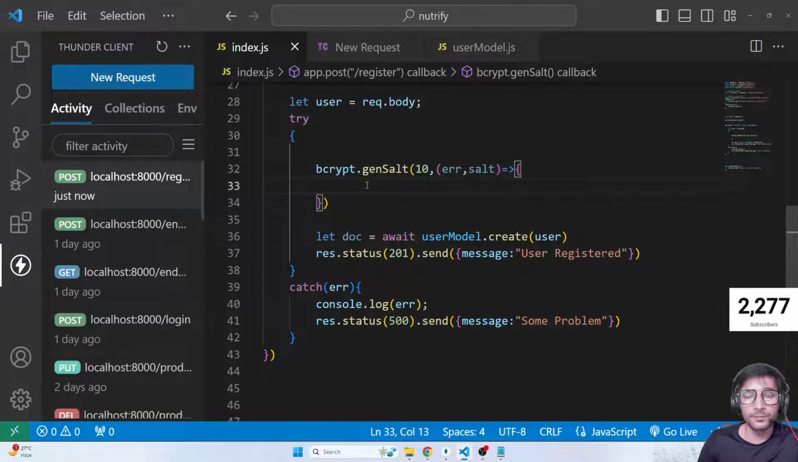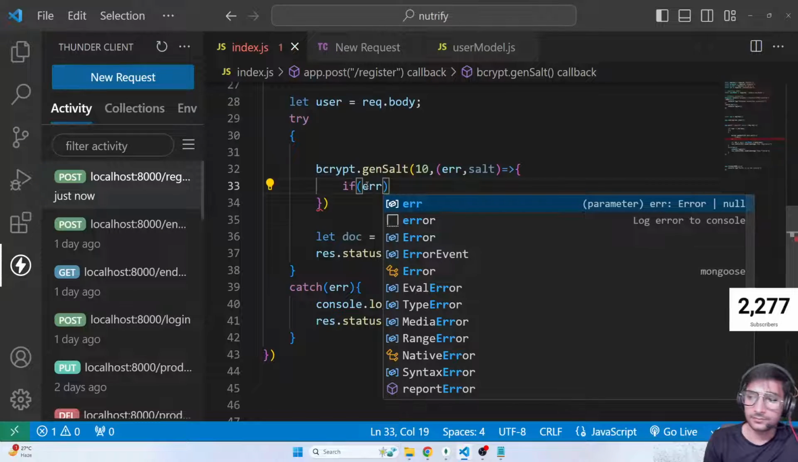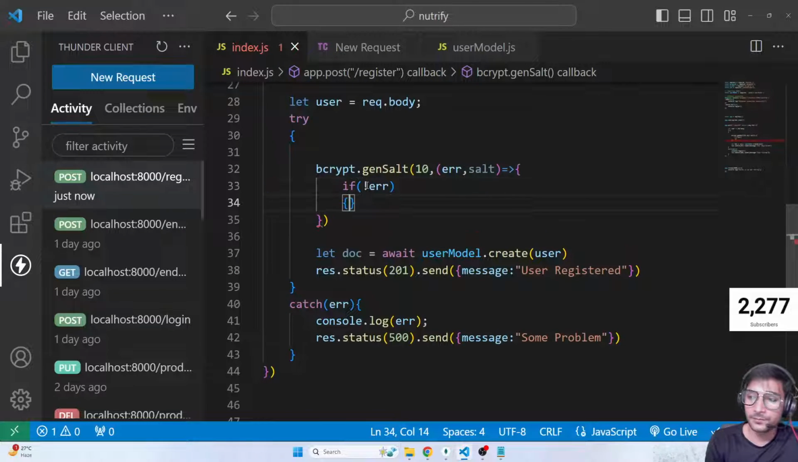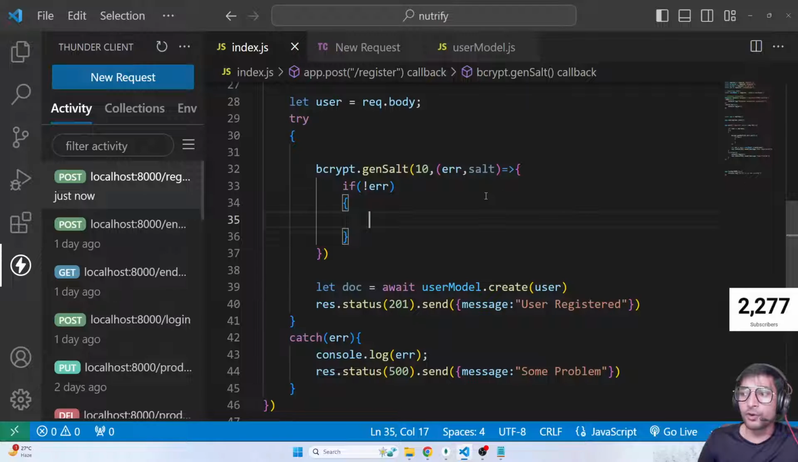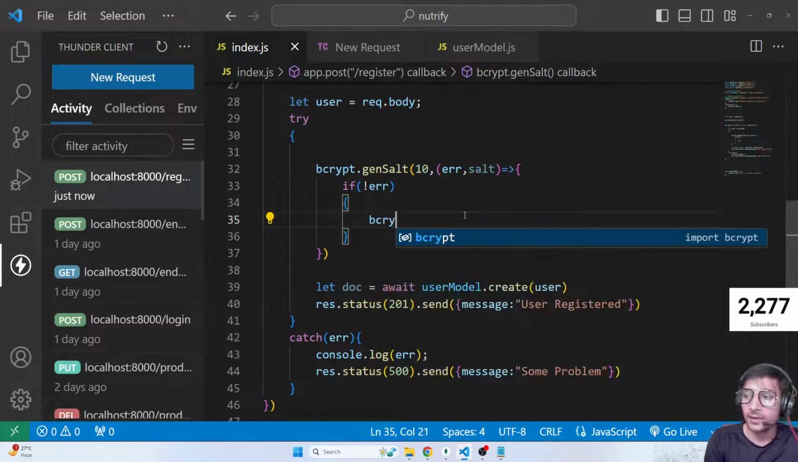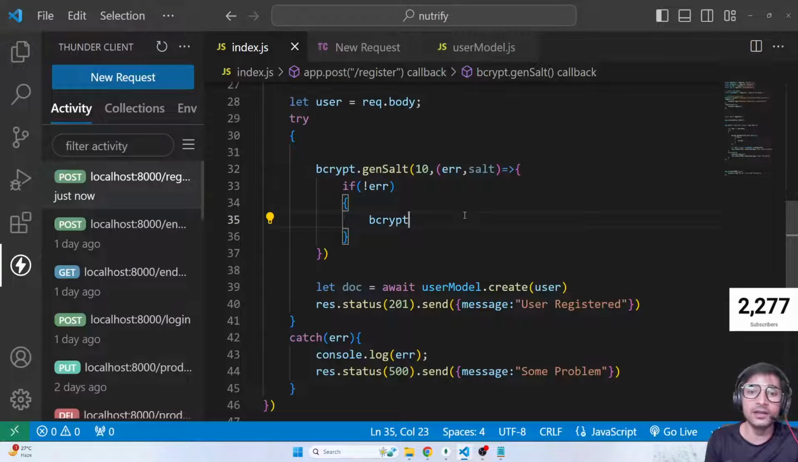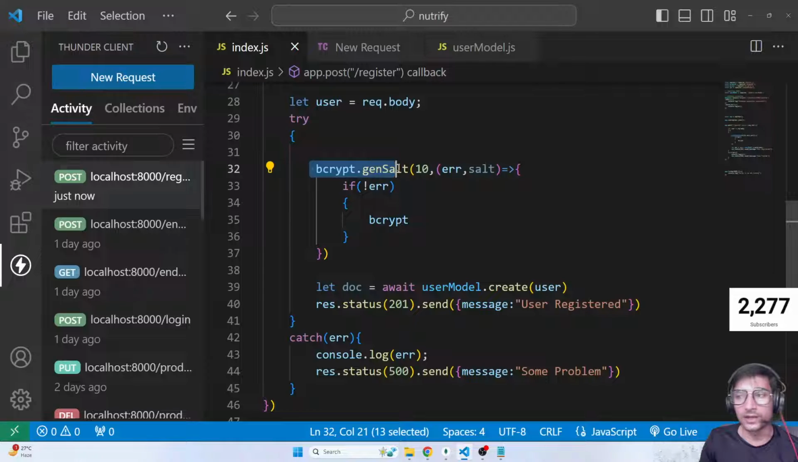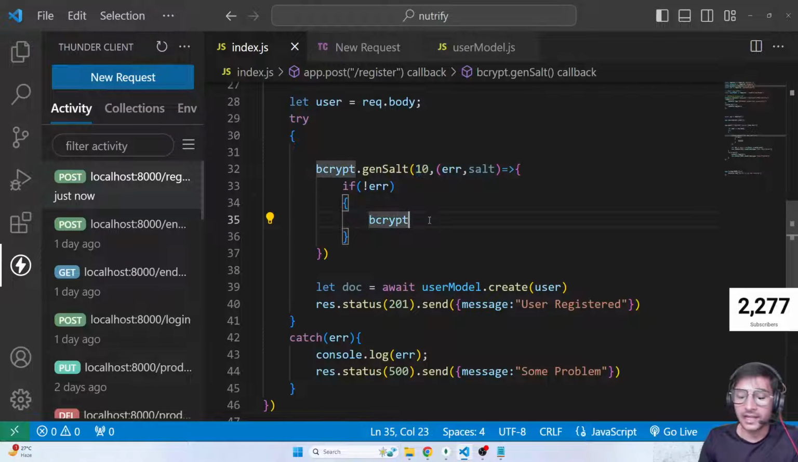Simple idea. If there is no error, then I want to use that salt and now encrypt my password. So again, bcrypt. Now guys, if anyone is new here, this is something that we have done yesterday completely in detail, so please watch my yesterday's session as well. But in this case, just to give you an idea, we are generating a salt here, telling the algorithm to run 10 times, and either it will give you error or salt. So if there is no error, then I'm performing